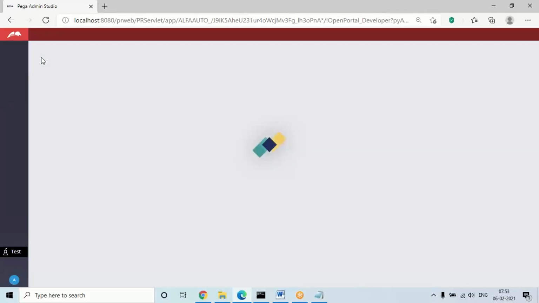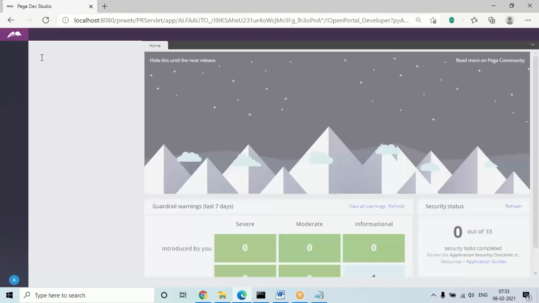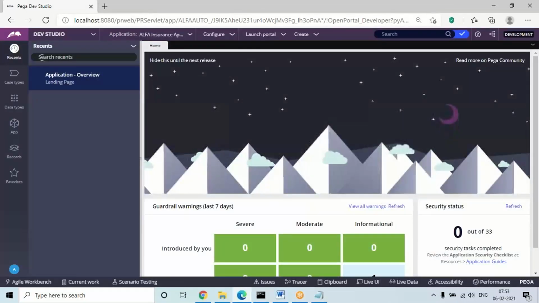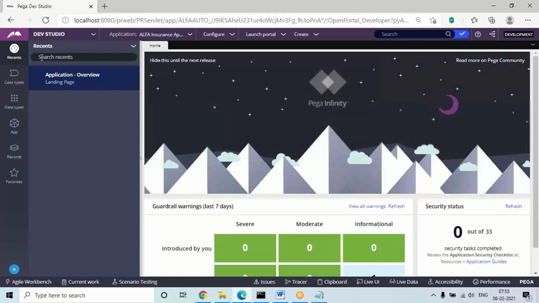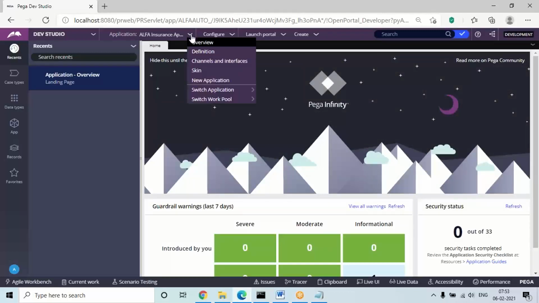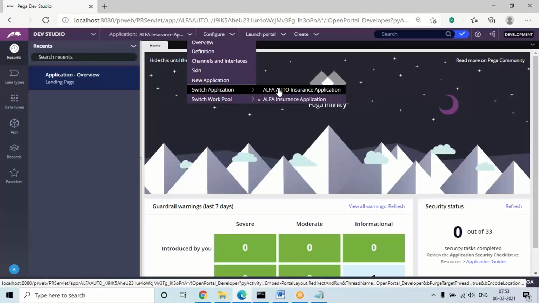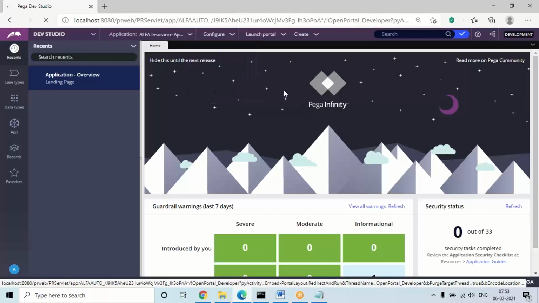So when we switch like this, it's only if you need one more implementation for your organization. Otherwise the design will be created under the implementation. Again, if I want to switch to my implementation, click on switch and select your implementation name.